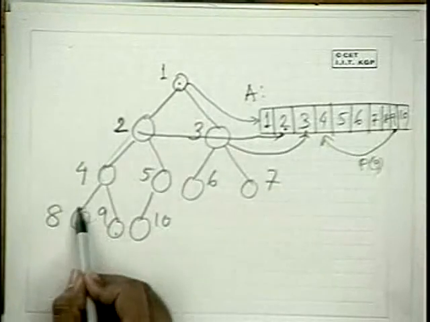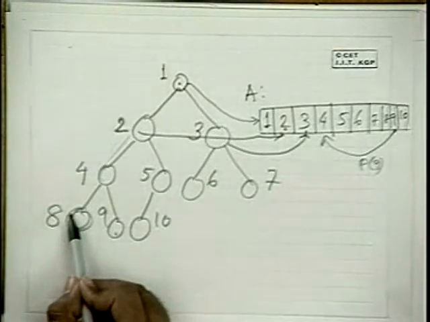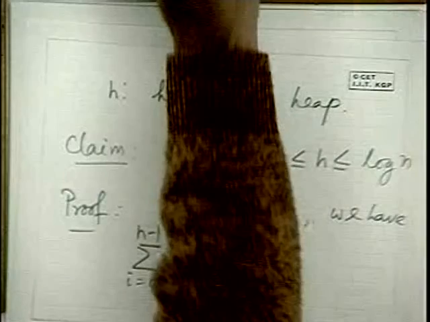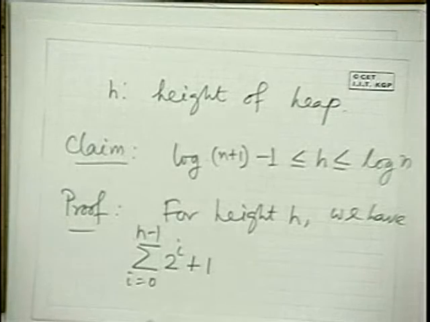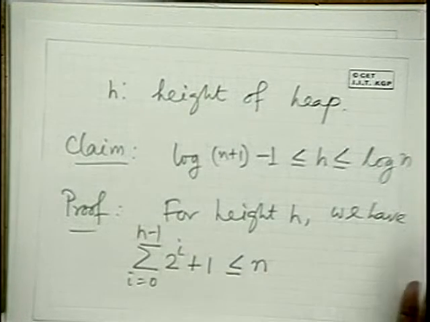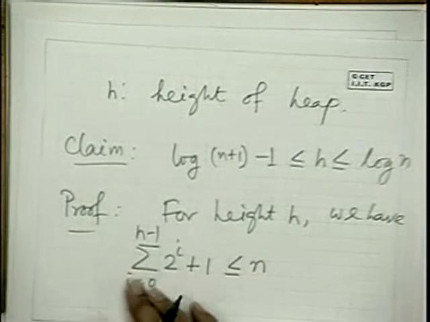So in this picture, where is that? In this picture, suppose I take all this and I take one more node here. Okay, why? Because I want to know that the total number of nodes is at least this much. I can always say that, right? Total number of nodes is all the complete levels and one more. Okay, that's why they have just taken this. So this is less than or equal to n, as I said, the total number of nodes must be at least this much.